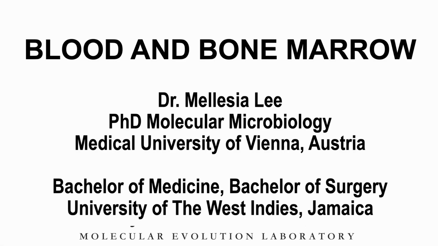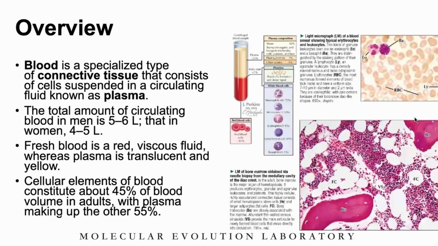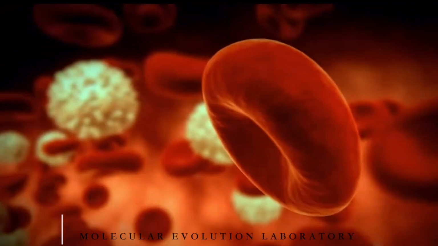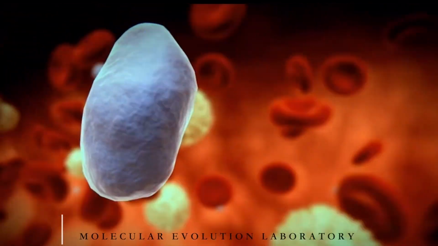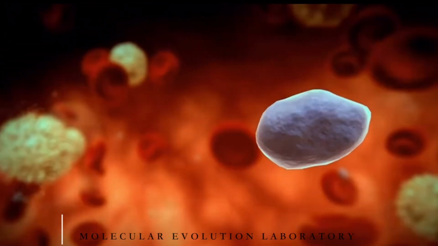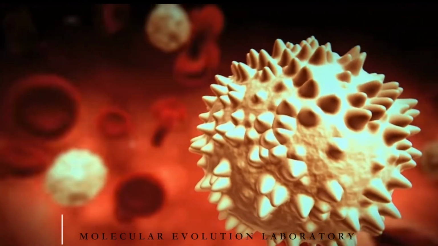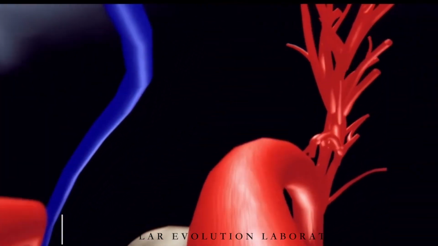Blood is a lot of cells, and it's also a connective tissue. So everything that you learned about connective tissue goes for the blood. It's just a different type of connective tissue, just like bone is a different type of connective tissue. It's a specialized type of connective tissue that consists of cells suspended in plasma. The plasma is the water part of it that allows the cells to move around freely while the heart is pumping the blood through different arteries, arterioles, and capillaries for these cells to actually circulate in different areas